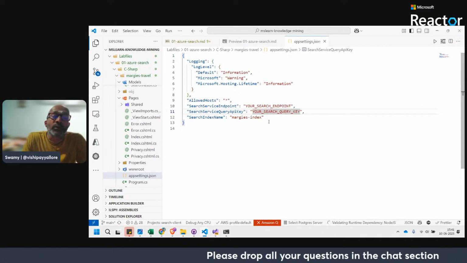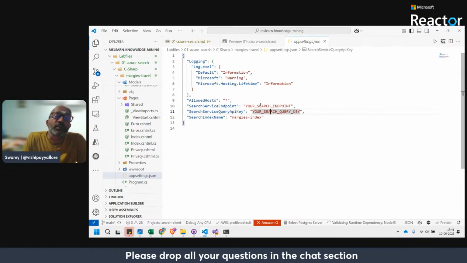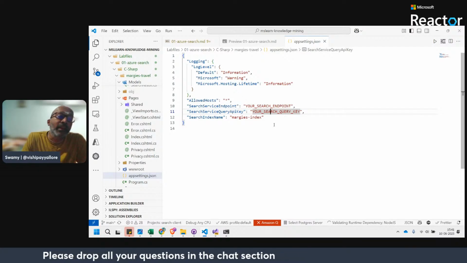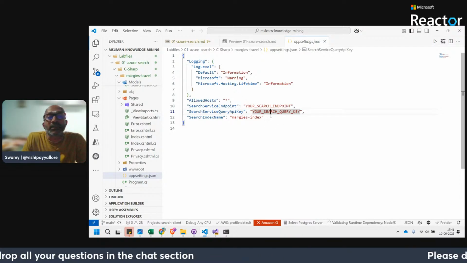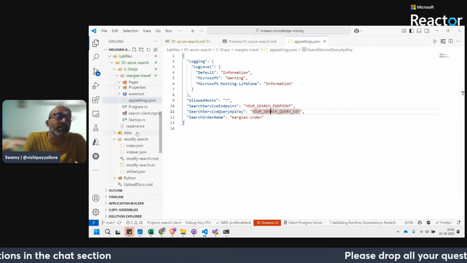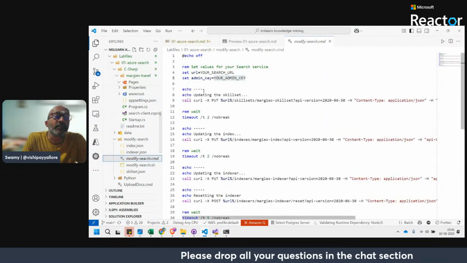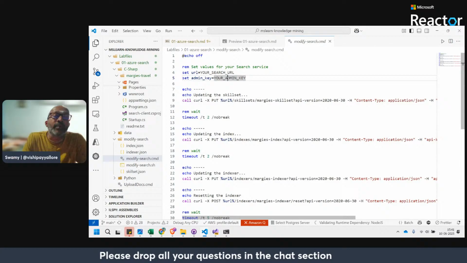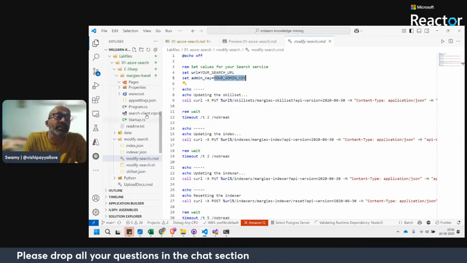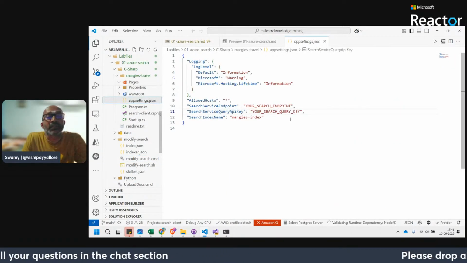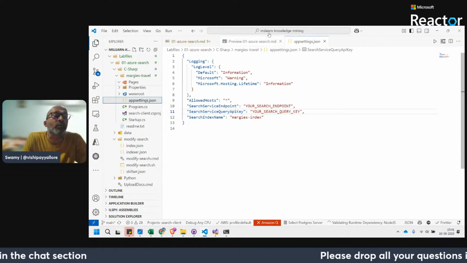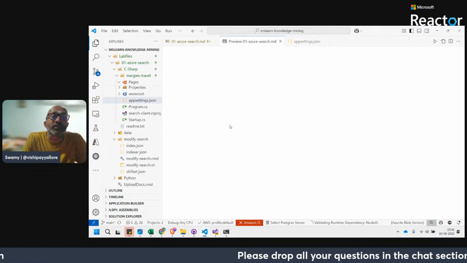If you go to the search, we will have both the admin key as well as the query key. So you will see the difference when you are modifying something. We'll use an admin key, whereas in the applications, we use the query key. That is one difference we'll be able to see.